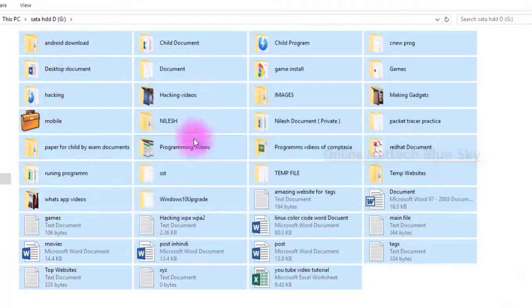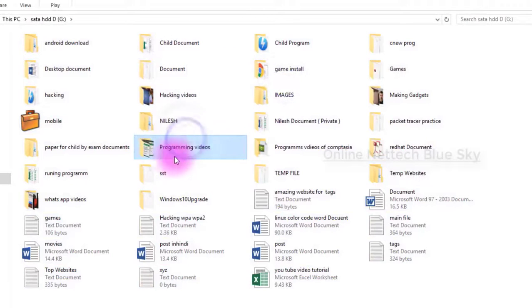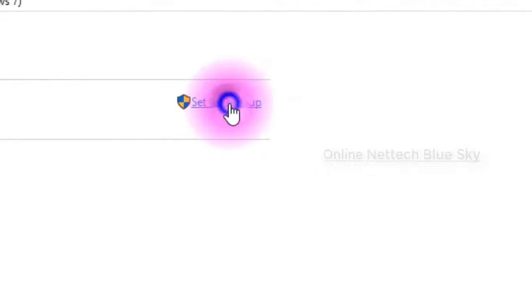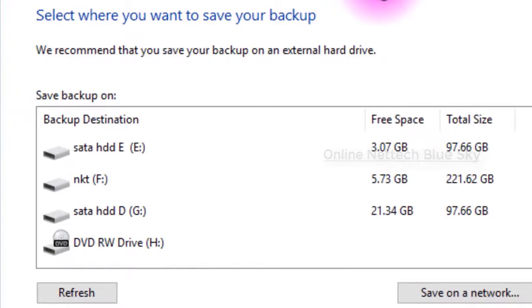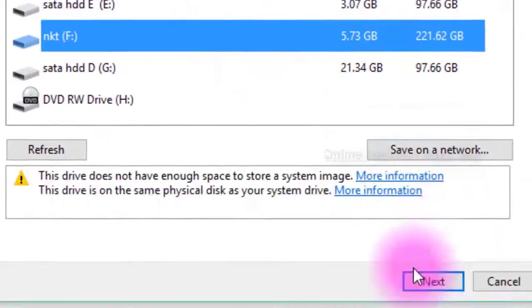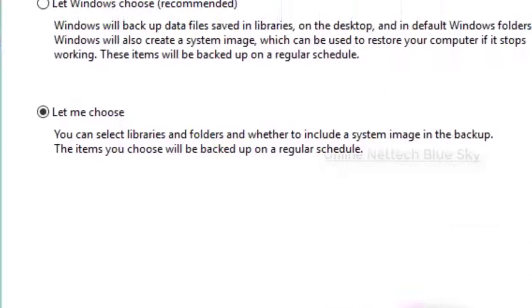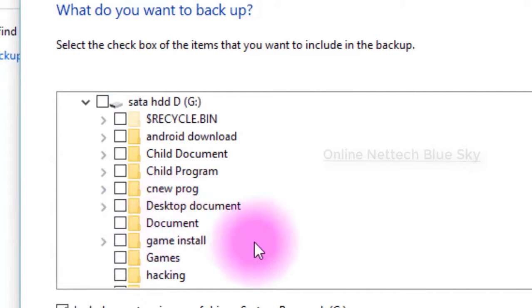You can take a backup of all files and all folders, but I want only this folder backed up. So I start the backup and select that partition, which I have already saved. Let me choose Next, and you can see the drive I selected here.